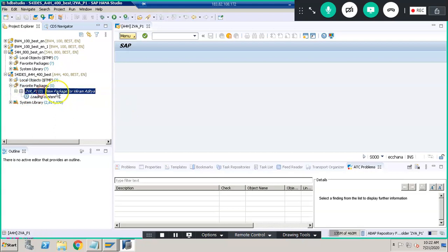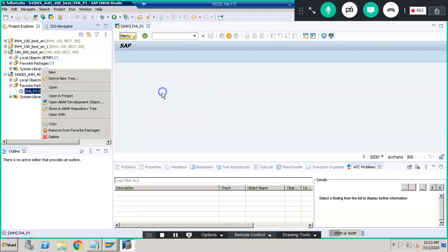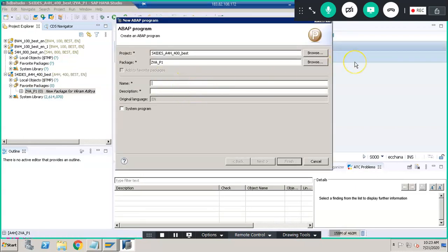So in this, we need to create a program, new program. Okay. So class you can just normally type, guys. It's very simple here. Creating a class here, it's very simple. You don't have to go to SE24, struggle between all the screens and all. Just we can write normally. As we wrote the program in a normal program, just like that we can write in the global class as well. It's very simple. ZVA underscore program one.